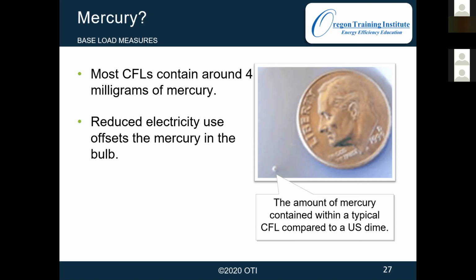But this is kind of an issue of the past. Now LEDs are lead and mercury free, and they last far, far longer. One of their big benefits is that they can last decades, compared to an incandescent light bulb that lasts about a year on average. CFLs more like 10 or 15. LEDs are going to be closer to 20 or more. So that's a quick overview on lighting, which is going to be on the exam, but not a huge part of it, but a few things